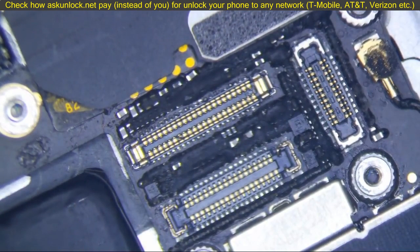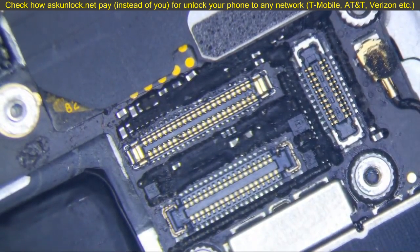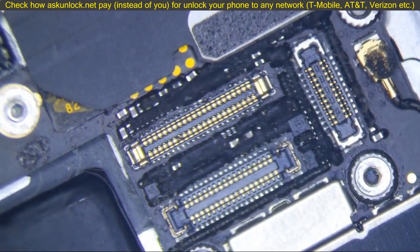Alright, so that's why it blows. So anyways, with the 6S, 6S Plus, make sure you disconnect the battery before you start doing any kind of screen repair, okay? You have to do it. Otherwise,